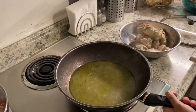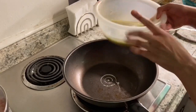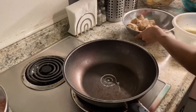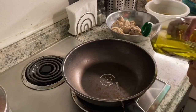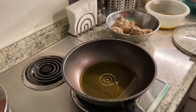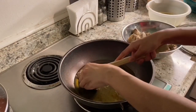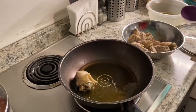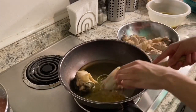But yes, this is the stock that you have. And I've actually placed it in another bowl. And we're going to set that aside. And you're going to see why later on. So now here I'm just adding in some oil to the pan. And now I am just going to fry the chicken on both sides for about 7 minutes on medium high,